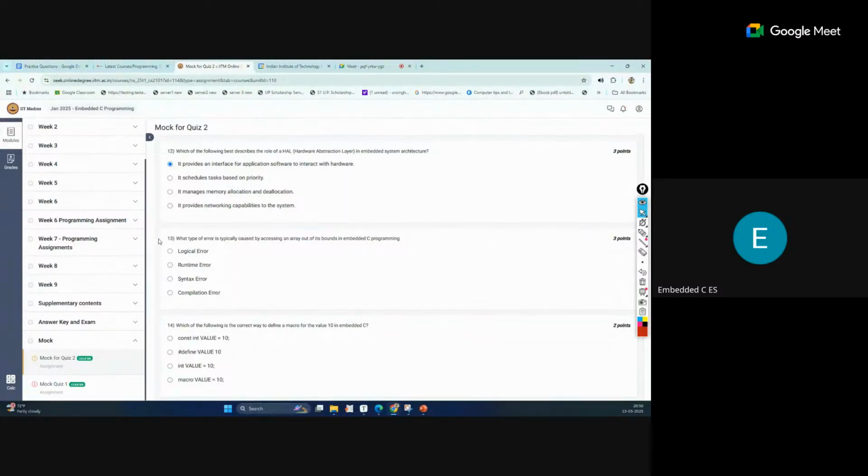Some error types are given here: logical error, runtime error, syntax error, compilation error. A logical error is an error in our logic actually. That is a different thing. Syntax error is if we have not written proper syntax.